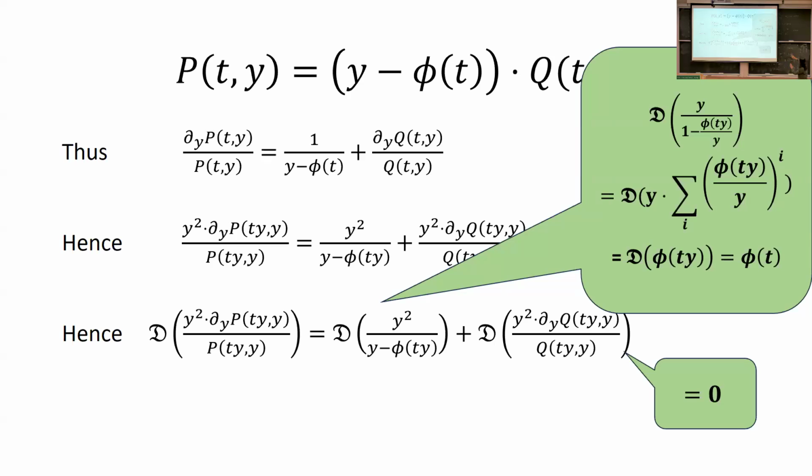You just stare at it. Just observe the monomials. Notice that you'll always get t degree more than y degree unless i equals 1. And then i equals 1 is the only setting where there's any contribution, in which case you get the diagonal of phi of ty, which is the same as phi of t. That's really the whole proof. Very, very elementary, nothing going on.